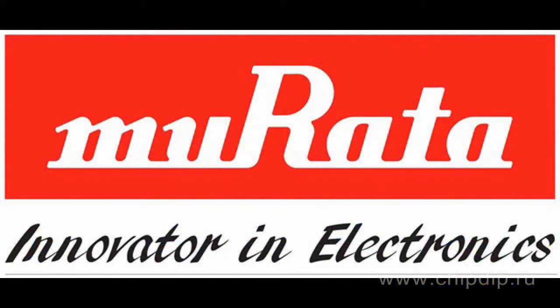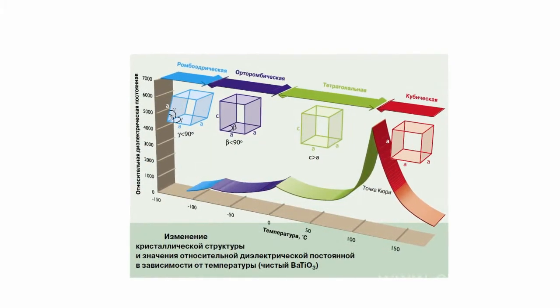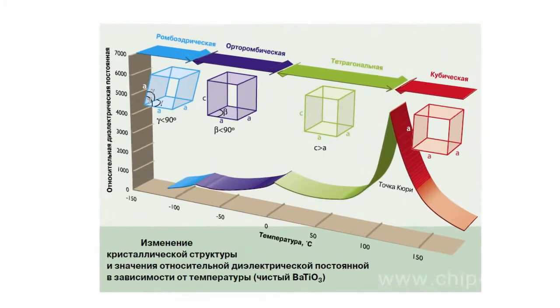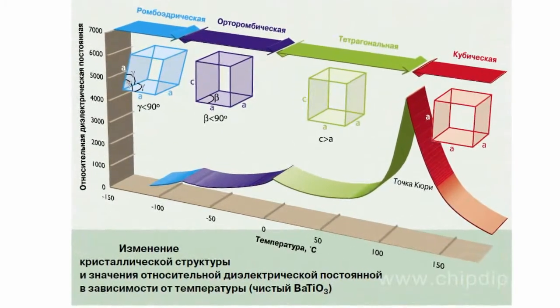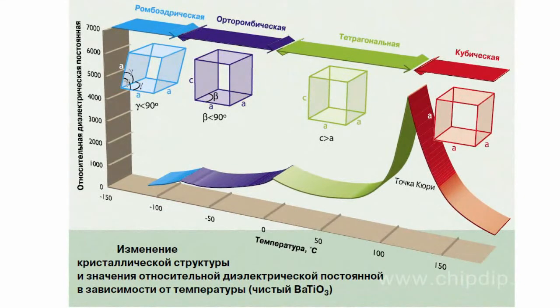Fortunately, new developments in ceramic material technologies based on barium titanate of Murata Electronics provide a decrease in the effect by adaptation of buried barium titanate crystals to decrease the reverse polarization effect. It decreases the DC bias effect, but in many cases it is associated with a decrease of the initial